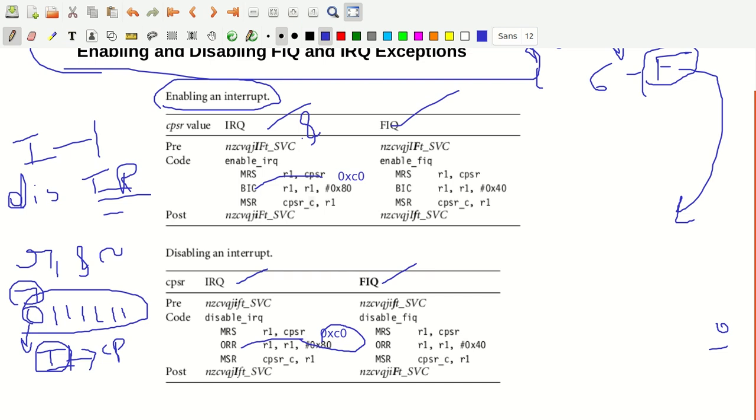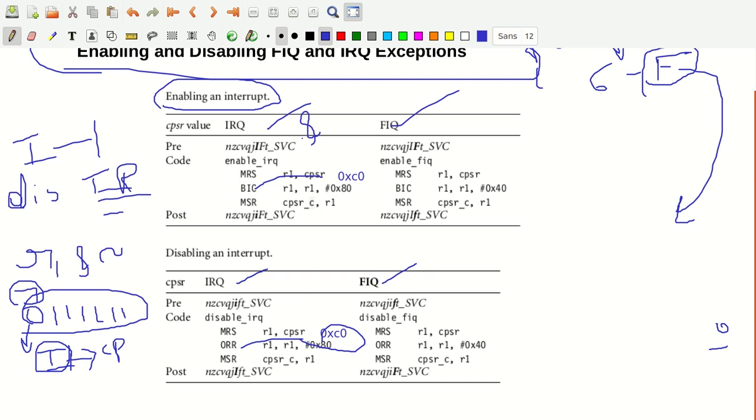Both FIQ and IRQ are disabled, because of what happens when you OR with 0xC0. Here you are enabling both the I bit and the F bit in the CPSR by clearing them, instead of saying disabling.